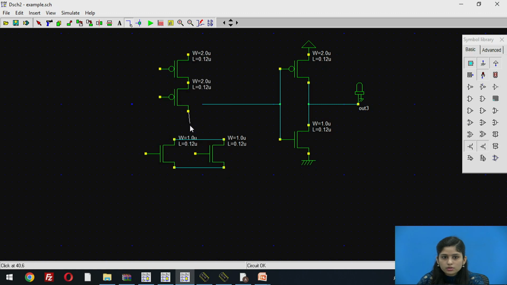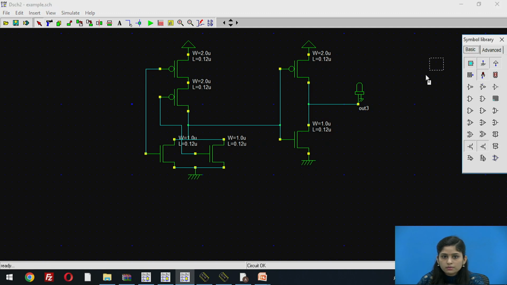Now connect these two terminals, the source terminal of our NMOS to this. Then the gate terminal of the PMOS is connected to the gate terminal of our NMOS, and this gate input of the NMOS is connected to the second gate input of our PMOS. Then we are connecting our NOR gate to the inverter using the add a line option. Now we are providing the VDD supply to the PMOS, and connecting the ground supply to our NMOS.